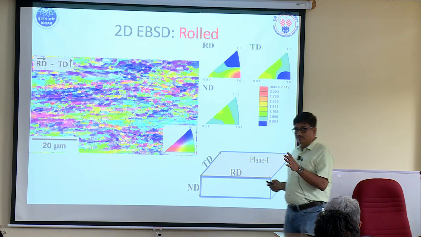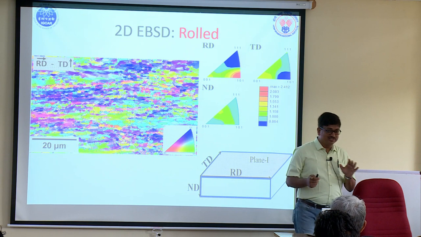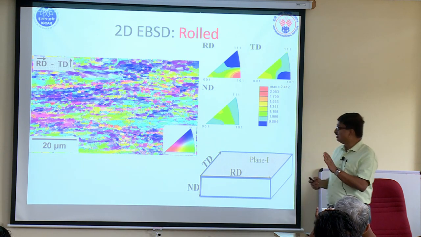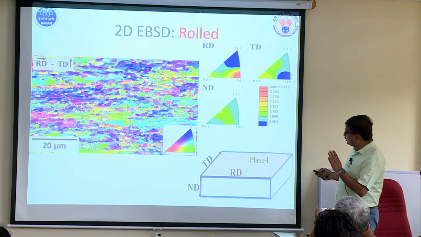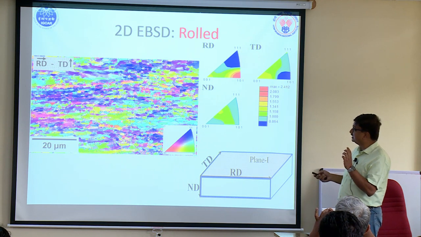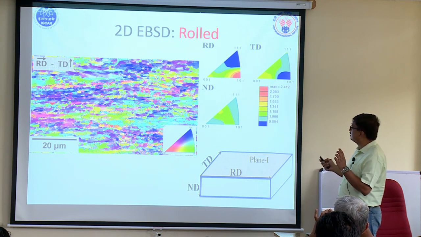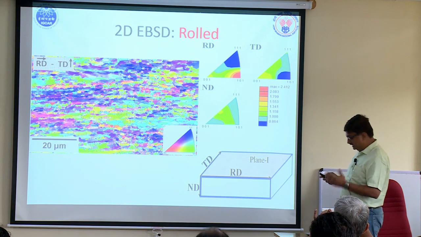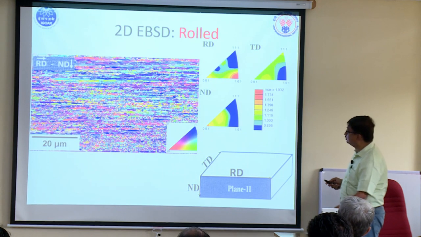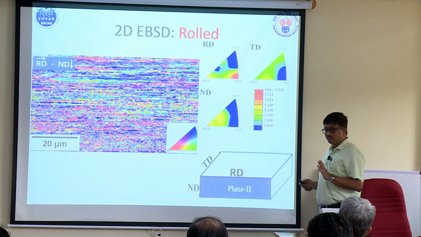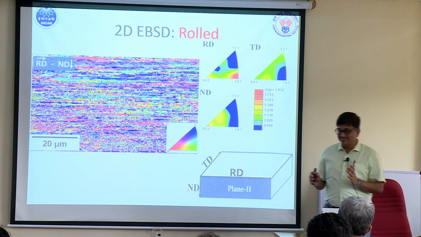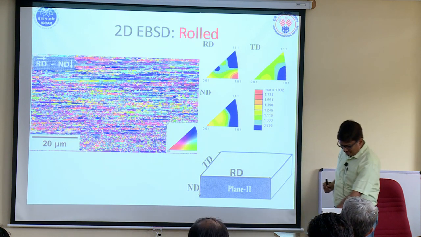So I will not go into the analysis of the EBSD texture plots and things like that. I am only concentrating on the microstructure point of it. If you look at it very carefully, you have different kinds of grains, right? These are relatively larger grains, these are smaller grains, there are orientation preferences and so on. We don't discuss that here. But what is most important is, if you look at the plane 2, it looks completely different. So this is a case which we can study in 3 dimensions as to what is happening.